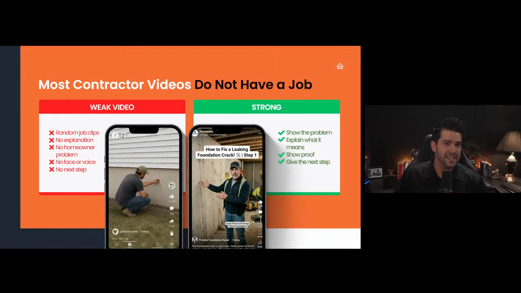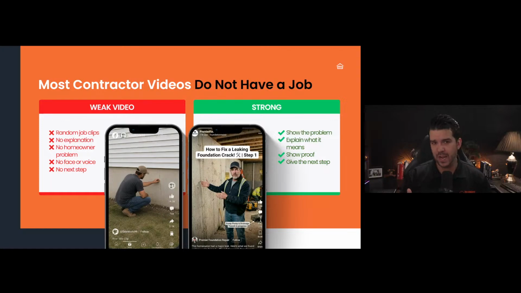So the problem is not that contractors never take videos. A lot of companies already have some video. Maybe someone on the crew records a clip, or maybe you got a before and after clip or video. Maybe you posted a quick Facebook video once. Maybe an inspector has a job site clip that's kind of just sitting on their phone. The problem is that most contractor videos actually don't have a job. Like, they exist, but they're not really